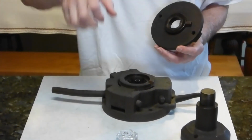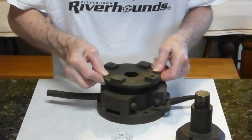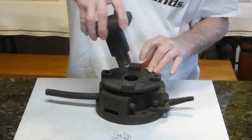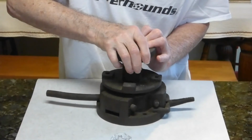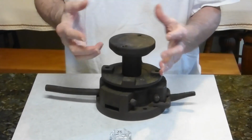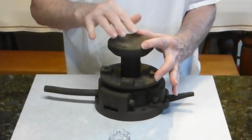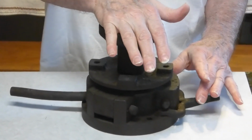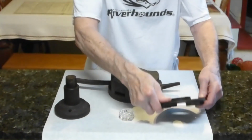Now, a little bit of molten glass would be put in that mold, and then the top would be put on the mold, and then comes the plunger. The job of the plunger is to force that molten glass into every little cranny and crevice in that mold. And that was done by putting this in a press. You saw a picture of a press previously in the little video we did. And when it was completely pushed down in here and things had cooled down, the thing would be taken apart